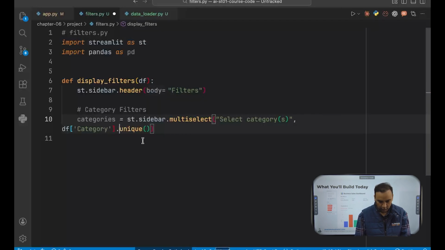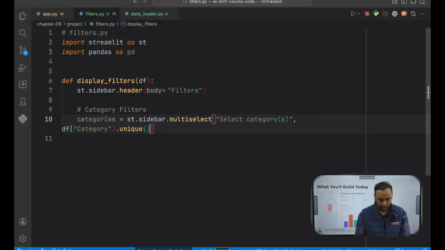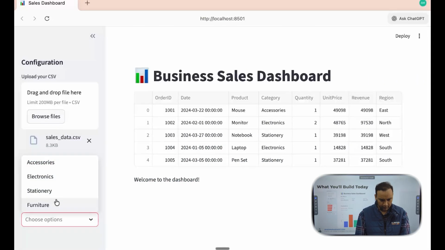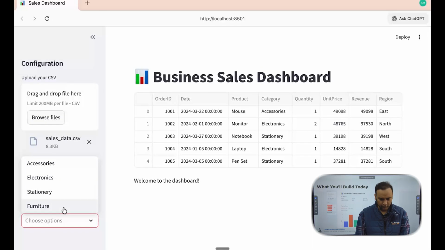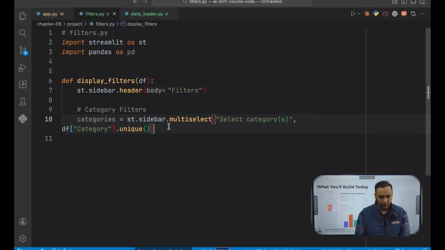All I want is all unique. Make sense? Yes, I think that will be accessories, stationery, furniture. So these are the four different categories. I want categories here. And then what I can do is, based on these categories, if somebody has selected any categories, I'll return the filtered data